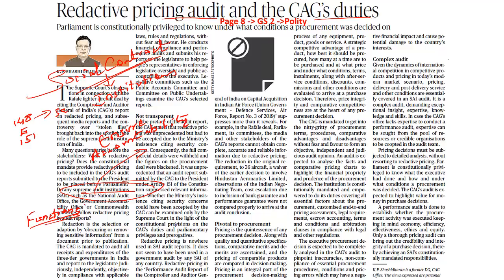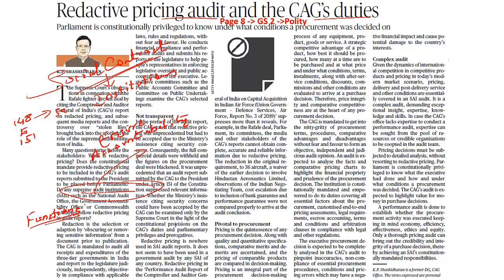So article 148 to article 151 of the Indian Constitution prescribes a unique role for the Comptroller and the Auditor General of India in assisting the Parliament to enforce the accountability for the government departments. The Parliament is giving money to the ministry and department, and whether this money is spent in the right way or not, who is looking into it? It is the